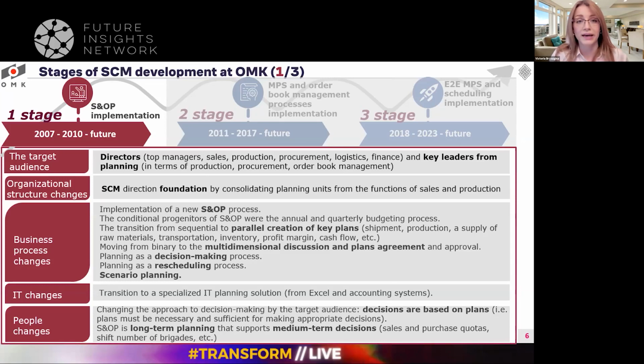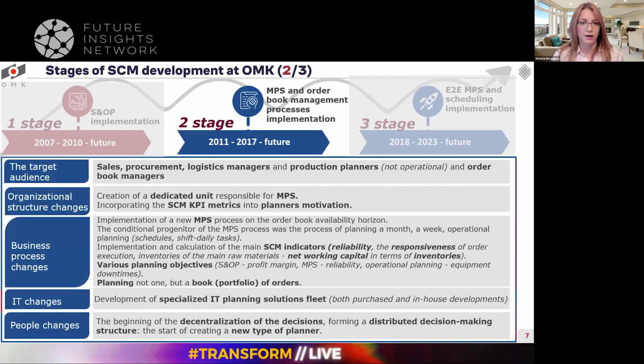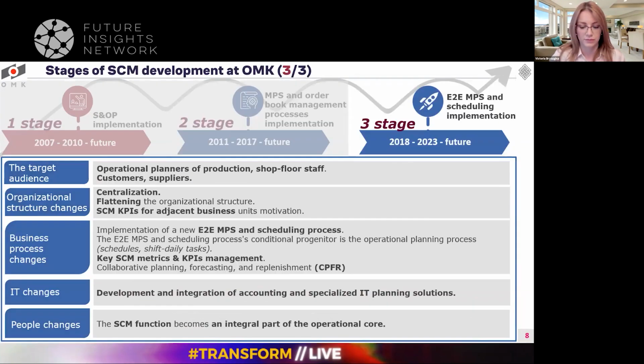Planning, as we're planning, is a similar story, but slightly different, of course. The fact is that no planning exists. There is always only replanning based on the data from the previous period. For all three slides,